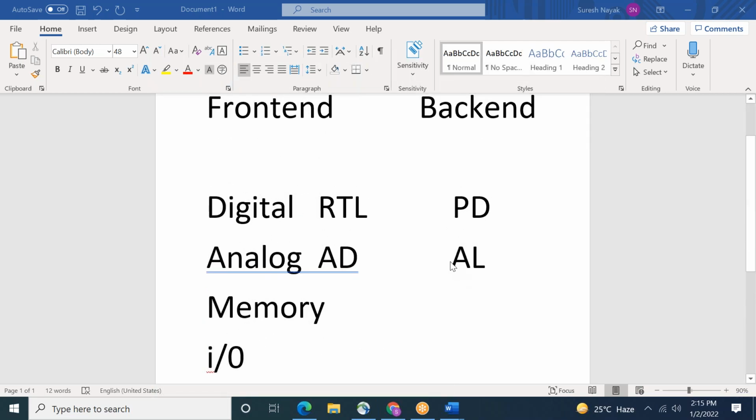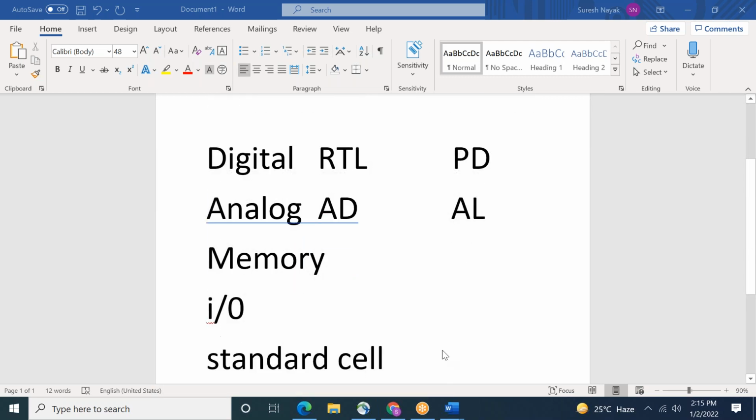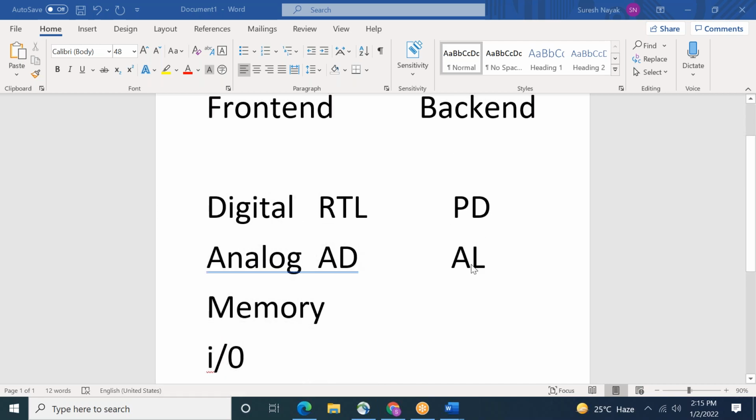Memory will not come under custom layout. That is a different part. Even standard cell also depends upon the company, but mostly analog and IO layout are done by the custom layout people. But analog layout is a separate thing. Wherever the analog blocks are there, they will do only analog blocks. Okay, because some people will be confused, so I'm just clarifying this doubt.